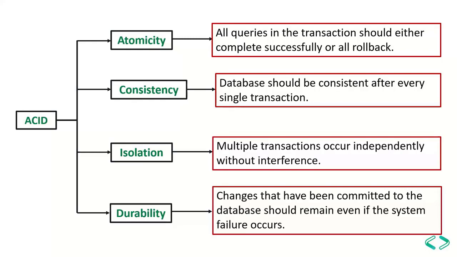No matter how many concurrent transactions are happening at the same time, each and every transaction should be independent of each other and without interfering with any other transaction. For example, I wanted to do an insert of a bunch of records into a table. While I'm doing that insert, none of the other transactions which are running concurrently should be interfering with my transaction. That's isolation.